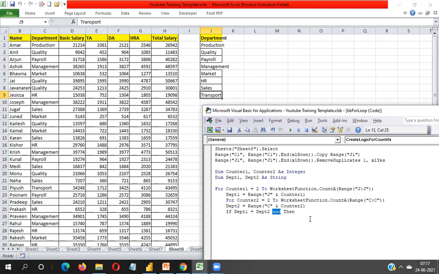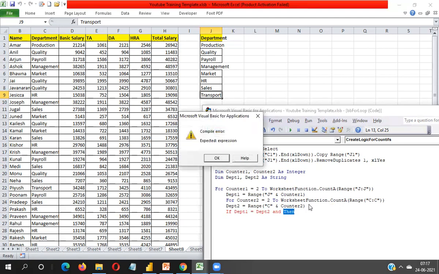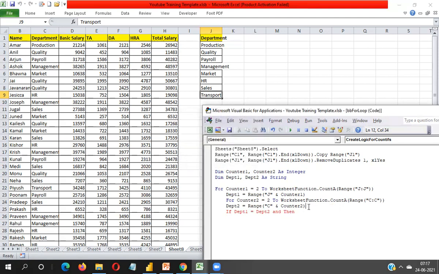And I have to pick salary also. So I'm just taking here, I'm just adjusting the code. I'm just picking here T cell. I will have to declare total salary also. Range H inverted comma counter 2. Okay. My total salary is available in H column. That's why I have taken reference of H column.